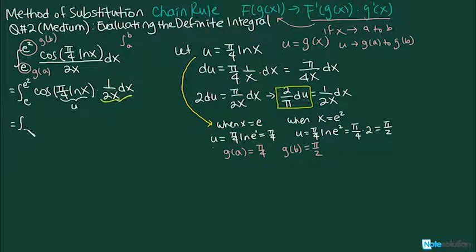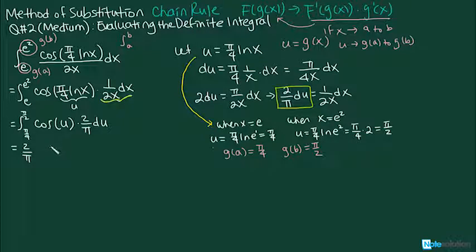So this will now be pi over 4, and this will now be pi over 2. And now we haven't done anything in terms of cosine. So we say cosine u, and this thing was equal to 2 over pi times du. Now this can come outside of the integral because it doesn't have anything to do with it. So we've got 2 over pi, and cosine is